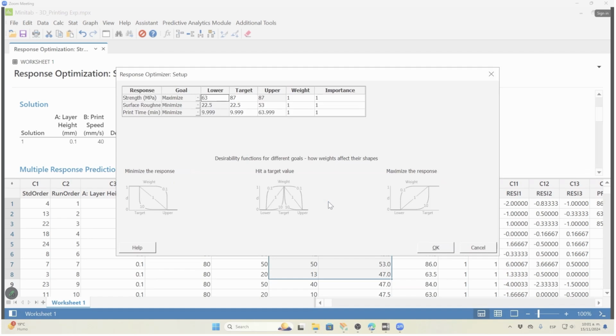If we go to the setup, similarly to the previous case, we have the lower and upper value. Those are taken from the experiment, and the target, if we are maximizing, is the upper bound, and for the other two that we want to minimize is the lower bound. However, here we can specify an importance value, and this will be taken into account when it gets one solution that